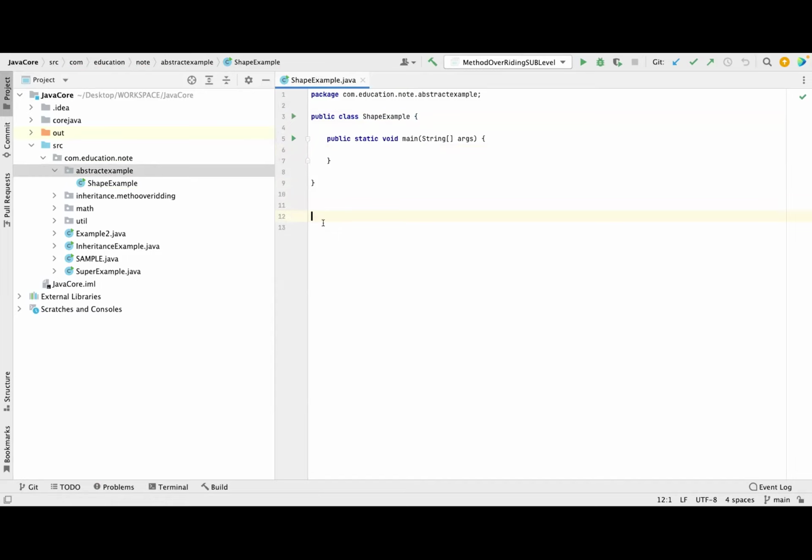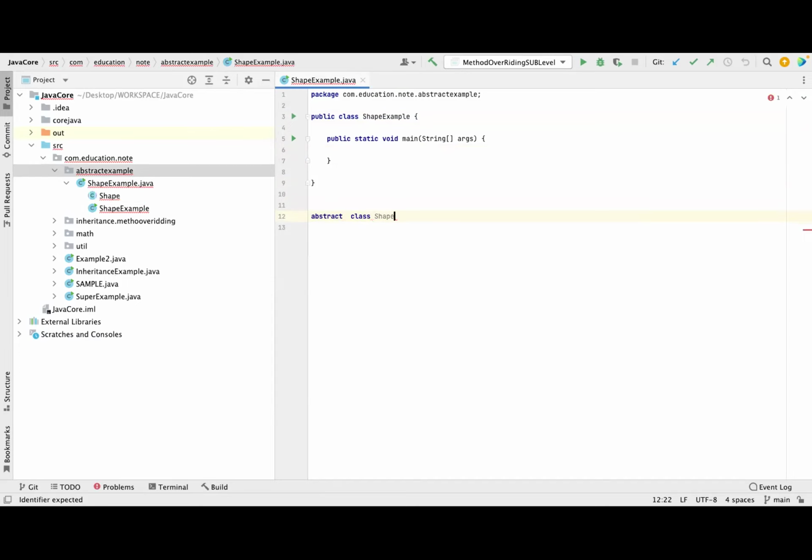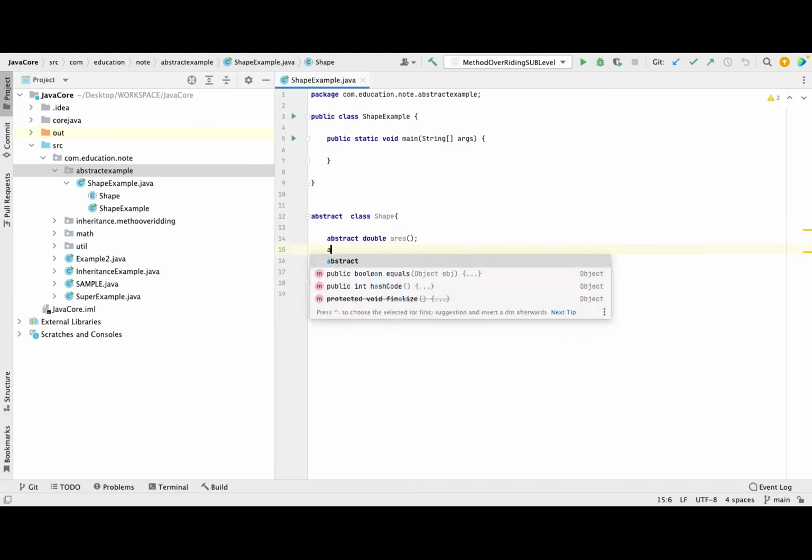Okay. So let me have an abstract class first. So this is the abstract keyword. I can have a class called shape. Most popular example, whenever people go with the abstract example, they usually take a shape. Why? I will tell you. So first I will take an abstract method called double, and then I have area. Okay, so now we have area, and then again we have abstract,